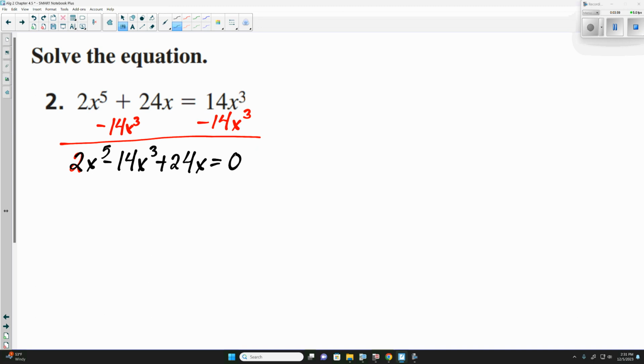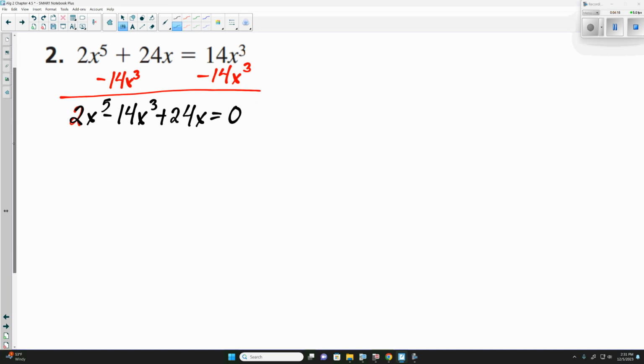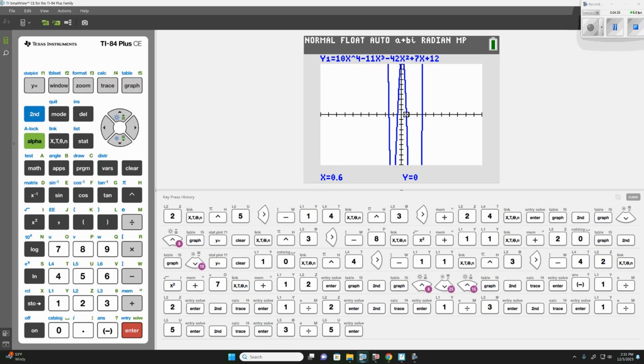So we get this here: 2x to the 5th minus 14x cubed plus 24x. Now we went over some of these yesterday that we could factor this, so we could factor out a common term. But we also went over graphing these. Now in the graphing calculator,